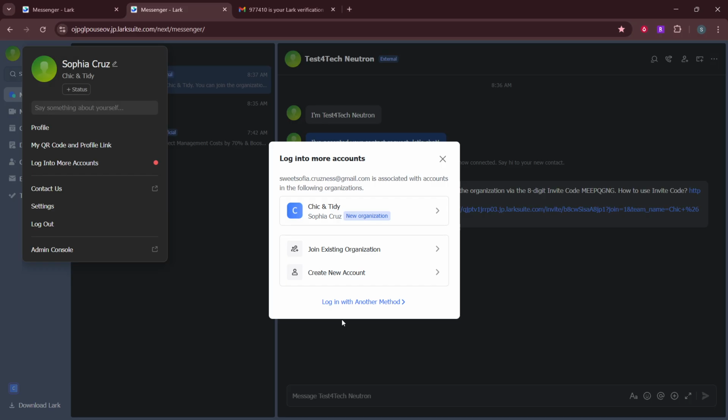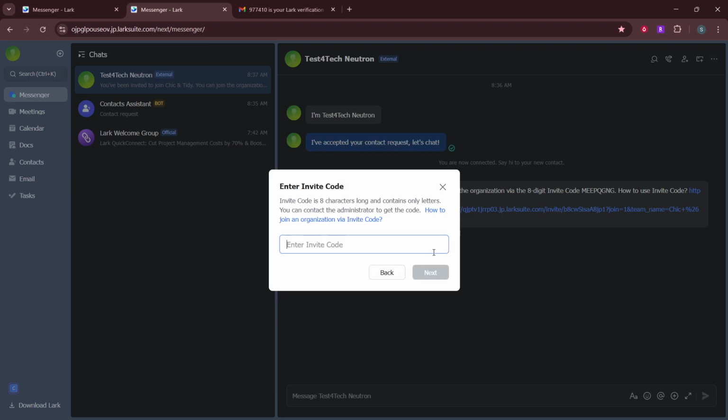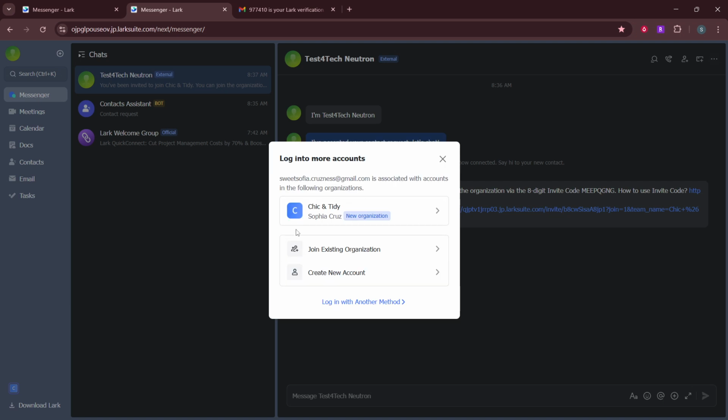Now, select Organization. You'll see a list of the organizations you belong to. Each entry is the workspace for a specific team or company. If you only see one, that means your account currently belongs to just a single org. If you expect more, verify that you've joined them first using the invite method shared with you, such as an invite link, an email invite, a QR code, or a join code. Once those memberships are in place, they'll show up here automatically.